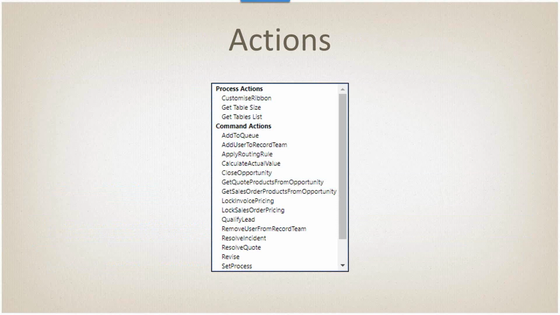Those parameters are defined by the developer. So you create an action just like you create a workflow. So it's technically a process. You define what the name of it is. In this case, it's qualified lead. And then you define the parameters that go in and the parameters that come out. Then it is up to you, the developer, to actually create a plugin that executes when the action is